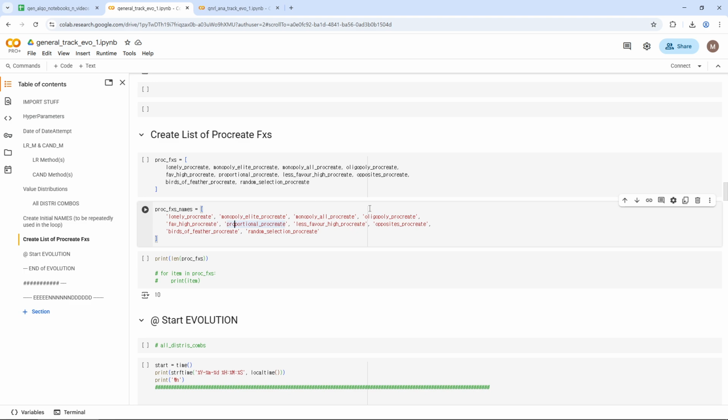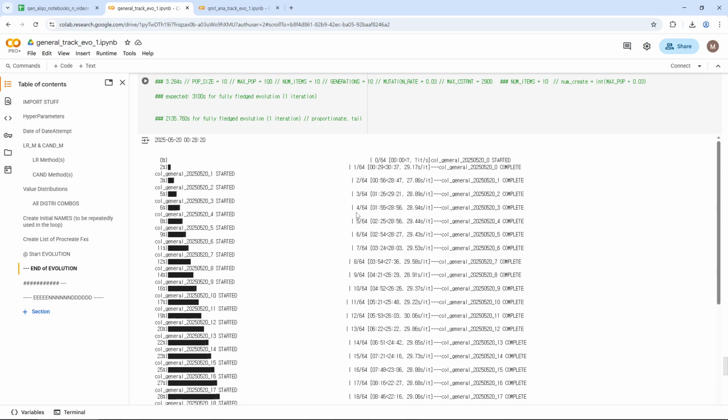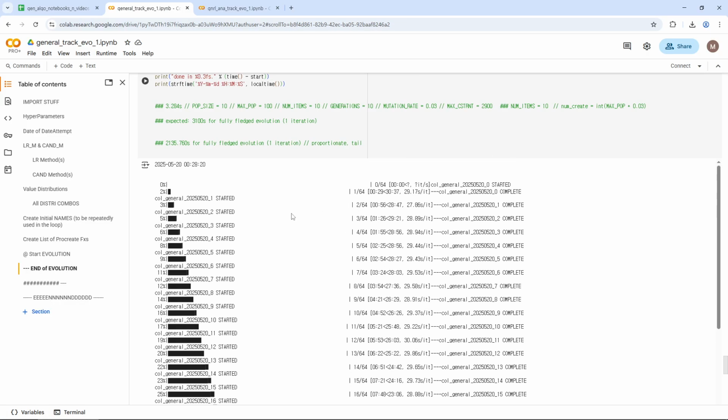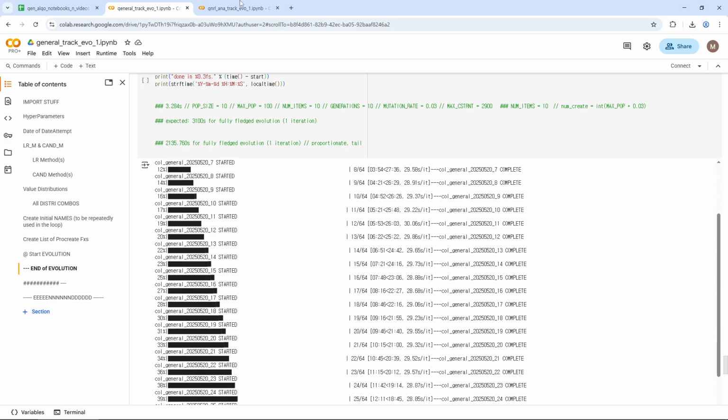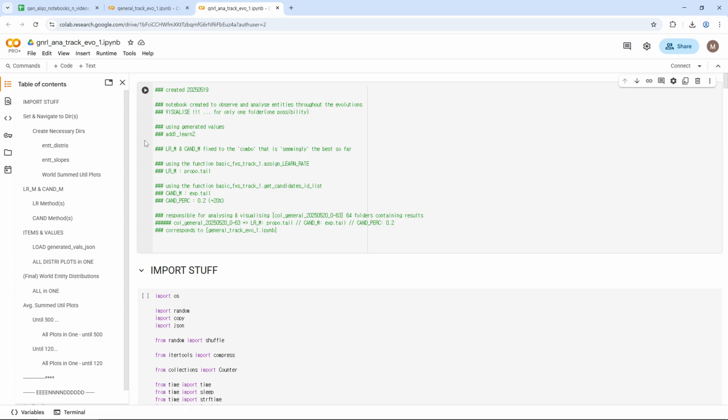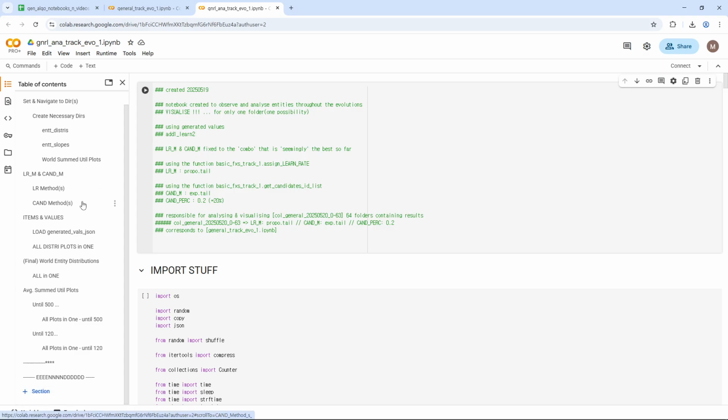Now that entities also learn, the use of this may be justified, but I'm still sticking to this. And I've also fixed all the procreate functions so that they could be used for tracking individual entities. So when all the evolutions were done, 64 iterations, I got left with 64 folders, and this time I'm not going to